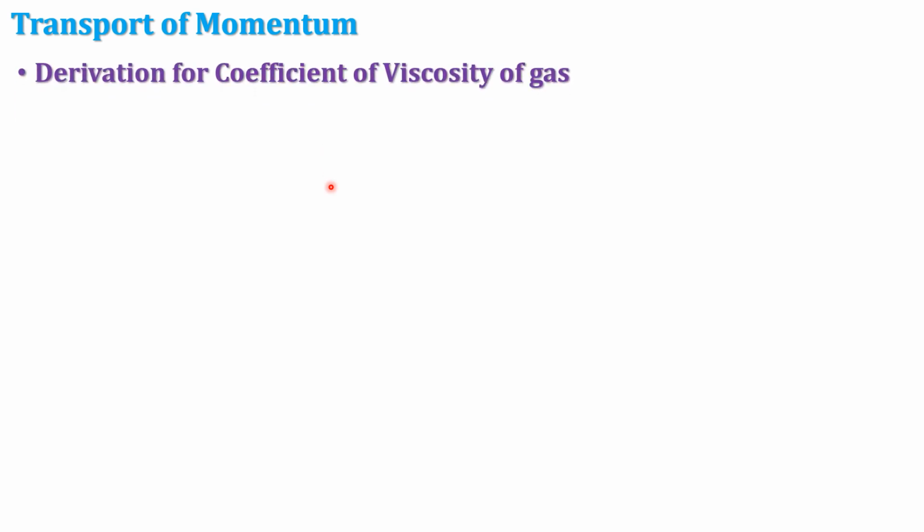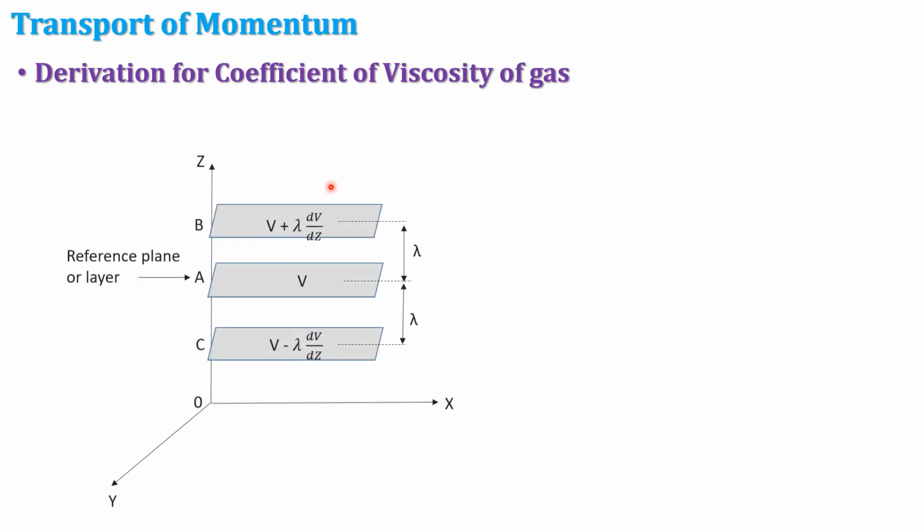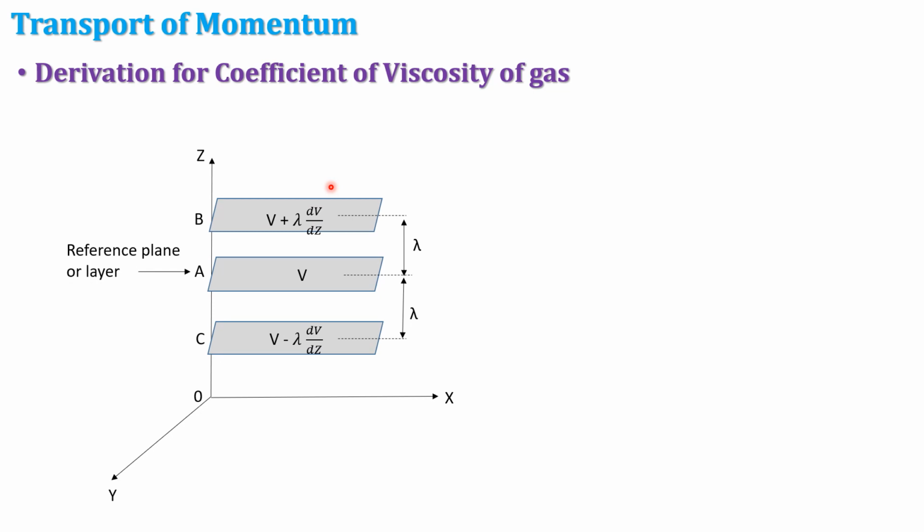Under transport of momentum, here we derive an expression for the coefficient of viscosity of gas. For that purpose, we use different layers of gas moving with different velocity. In this diagram,